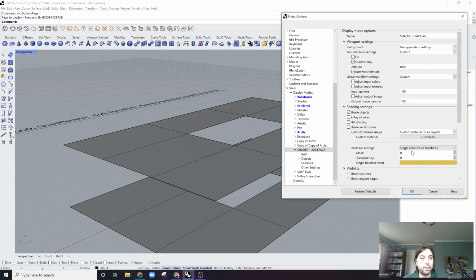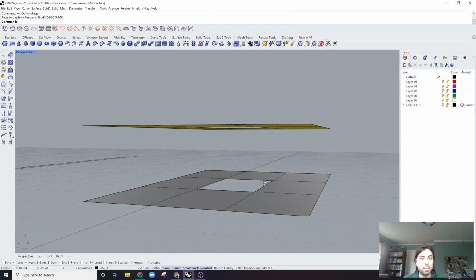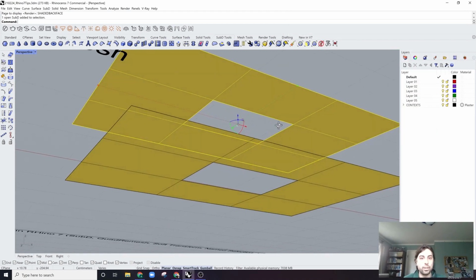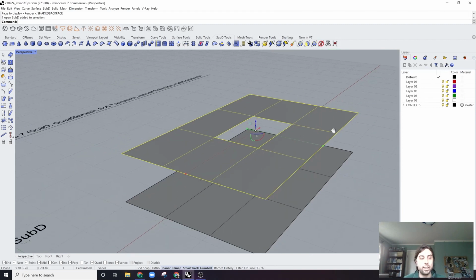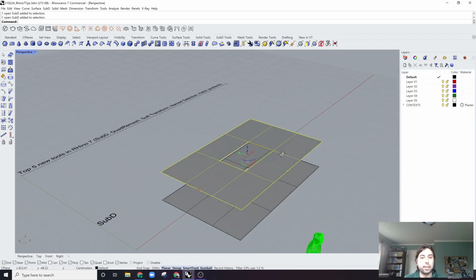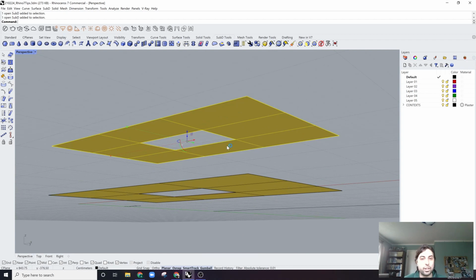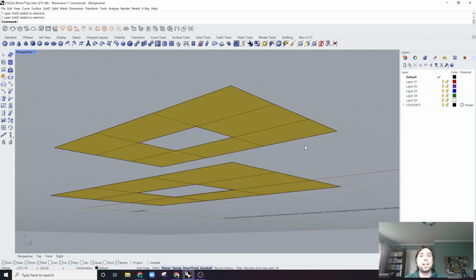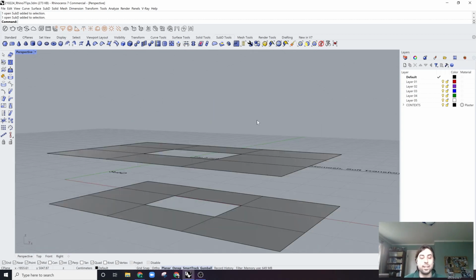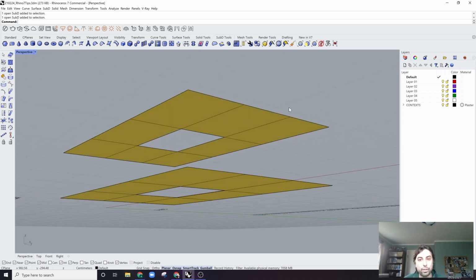I made that gold, so when I'm in that setting, I can see which surfaces are fronts and backs. This is very important when modeling with SUBD: each surface has a front and a back, and they need to correspond to another surface's front and back. Sometimes it will automatically change for you. For example, if I do this,